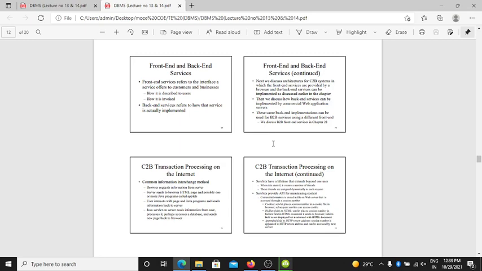Next we discuss the architecture for C2B systems in which the front-end services are provided by the browser and the back-end services can be implemented as discussed earlier in the chapter. Then we discuss how back-end services can be implemented by commercial web application servers. These same back-end implementations can be used for B2B services using a different front end. We discuss B2B front-end services.